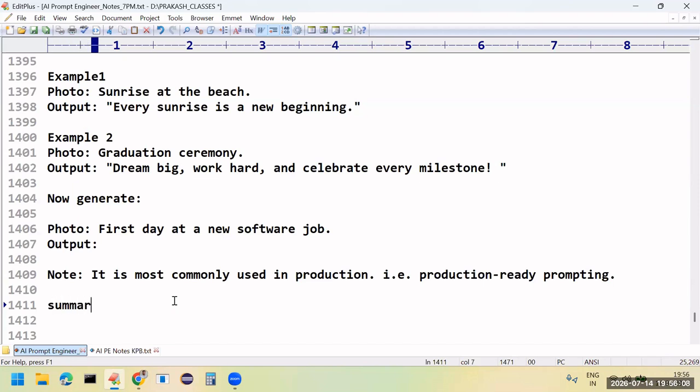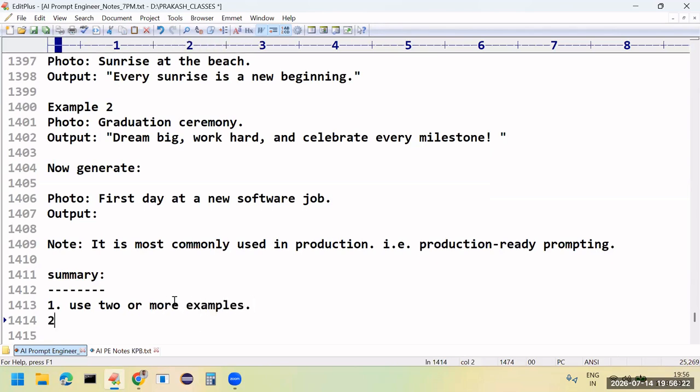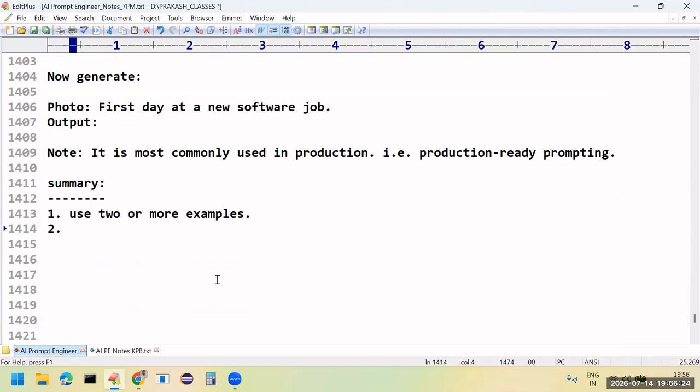So let's summarize whatever we discussed till now. How many examples do we have to give? Use two or more examples. What is the minimum we need to give? Minimum two, maximum five.